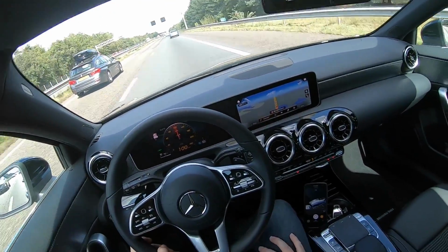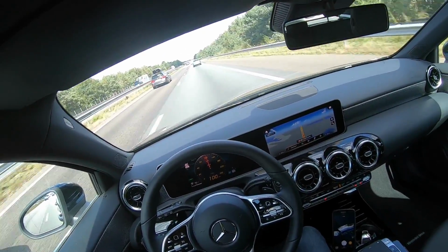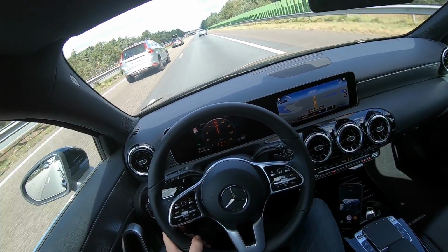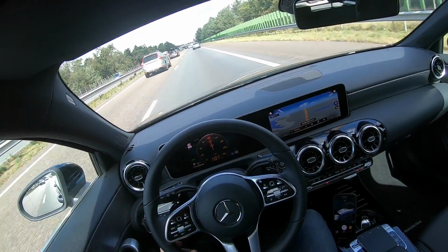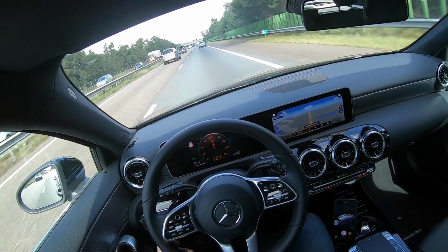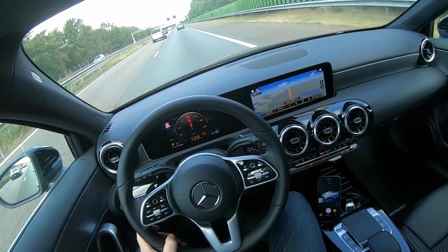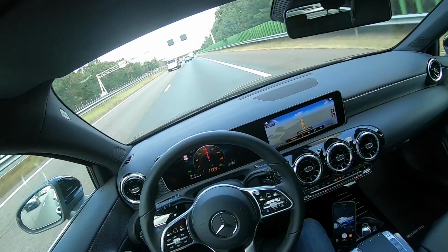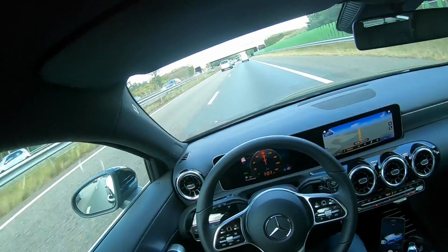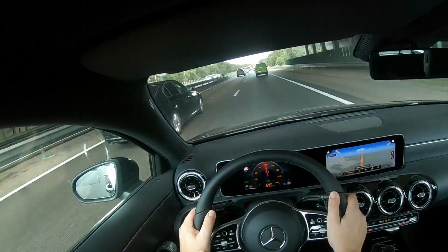I'm now driving like say 15 minutes with the car, and it gets under your skin quite quickly. I put the seat a little bit lower. It's not only better for the video, but also I like the planted feeling, being closer to the ground. And also the car is very planted. That coupled together with nice weighted steering, yeah, I'm a little bit in love, I must say. If I had to lease a car, I would definitely go for one of these, I think. Not only because of the brand, but